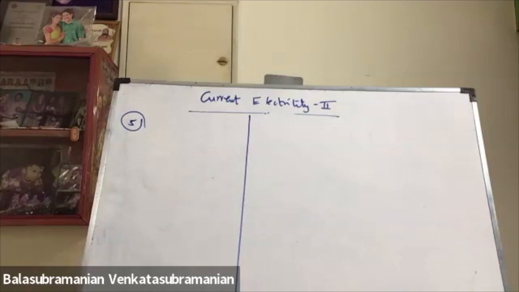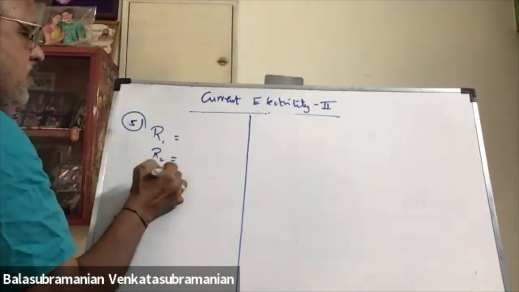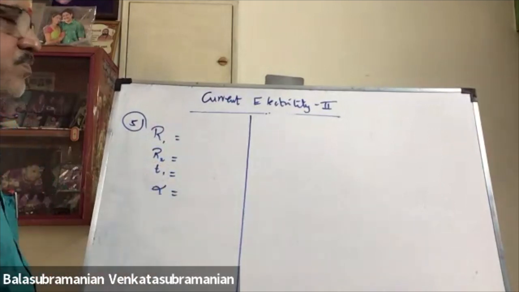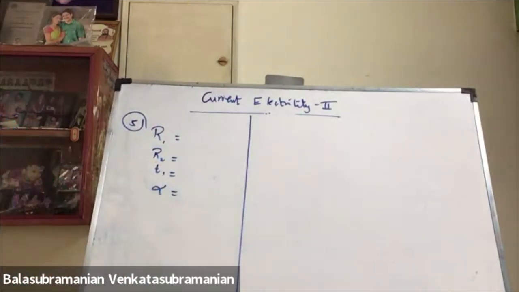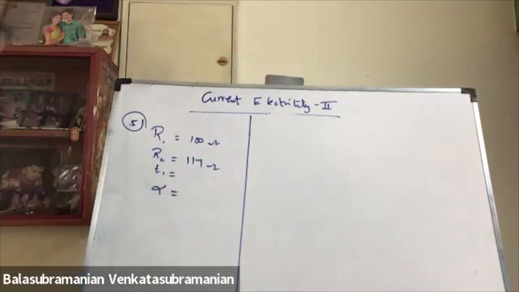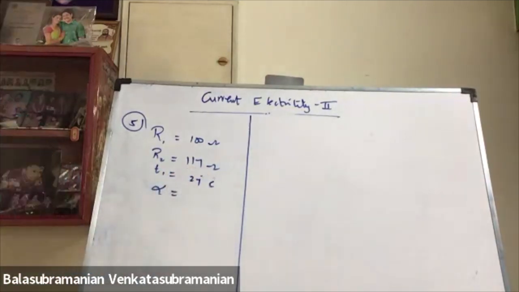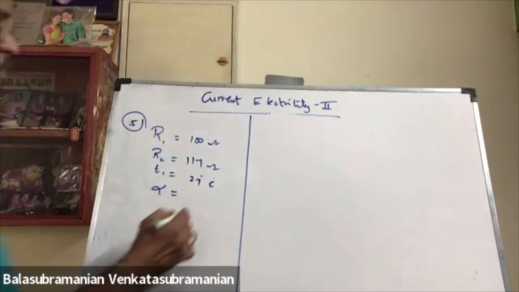R1, R2, T1 is given. Alpha is given. R1 is 100 ohms, R2 is 117 ohms, T1 is 27 degrees Celsius, and the alpha value is 1.7 into 10 power minus 4